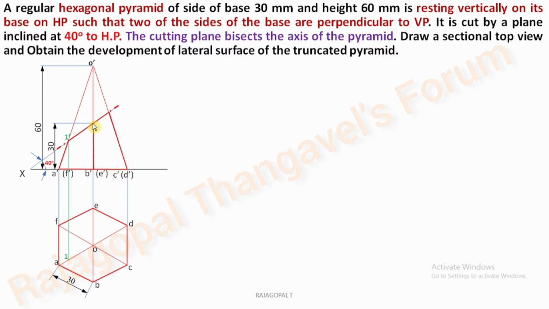Next cutting point of the section plane, which is exactly perpendicular to XY. We know how to shift this to the outermost slant edge. The outermost slant edge I am choosing is O dash A dash. You just transfer this line to the outermost slant edge. From that point you can draw a vertical projector from P dash. The corresponding outermost slant edge we have chosen is OA. Make it P. Now take O as center and OP as radius, draw an arc to cut OB.